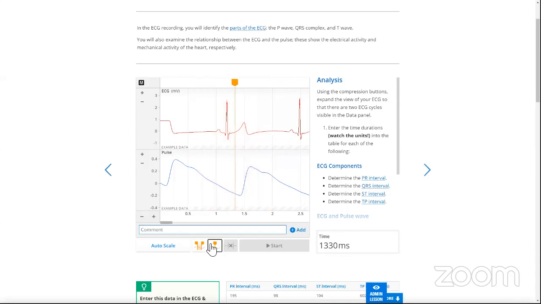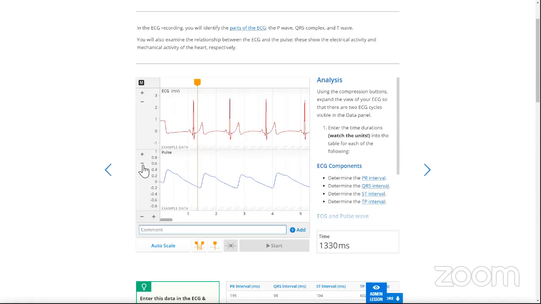We have a point selector as well. The students can zoom in and zoom out on the data, so there are different ways they can view it. They can also scale the data in different ways. A really nice analysis feature that we have is this auto scale. So if a student accidentally makes the data go out of range here, they can always auto